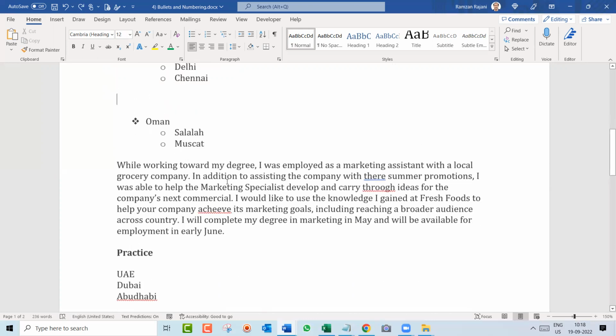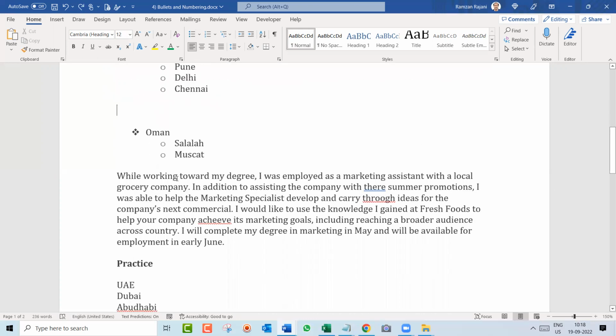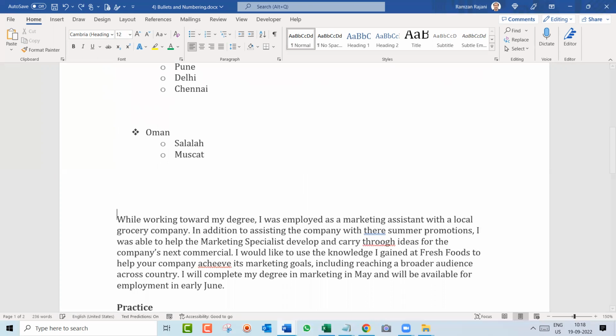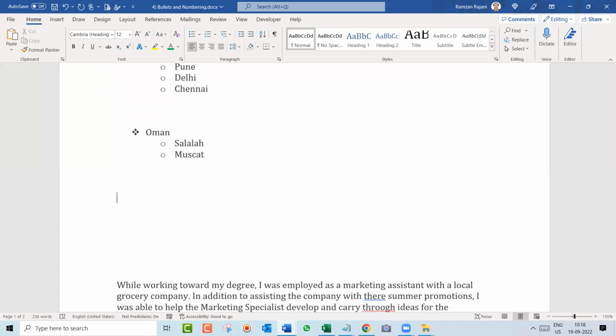So this way you can apply bullets and numbering, and even you can do like this. So let's say I say enter, enter. You can do like this if you are typing. I put my cursor here and let's say I first enable a bullet. So, oh, directly this bullet is coming now. So I say shift tab, I go behind and let's say I type, for example, over here again, UAE, enter